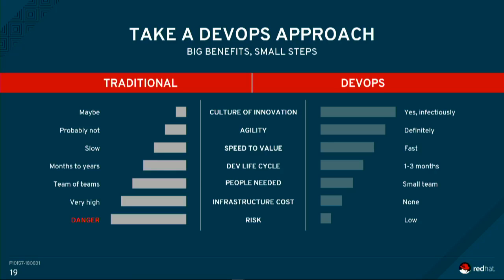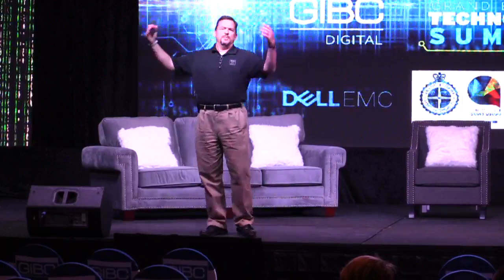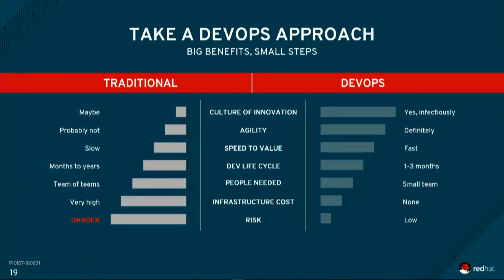If you look at traditional software deployment and development models over on the left-hand side, do those environments foster a culture of innovation? Maybe, but not generally. Do they give the enterprise that's adopted them agility? No, definitely not. Waterfall development in the old style, designed by committee, is terrible for agility. Your speed to value is slow. The development life cycle can be months to years in many cases for rolling out a new technology. The people needed are huge. You've got the big hierarchical model where you've got multiple managers and teams of teams and meetings and all that crazy stuff. Infrastructure cost in traditional models is very, very high,